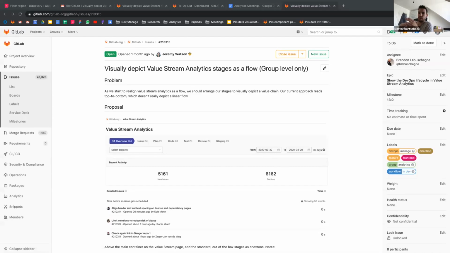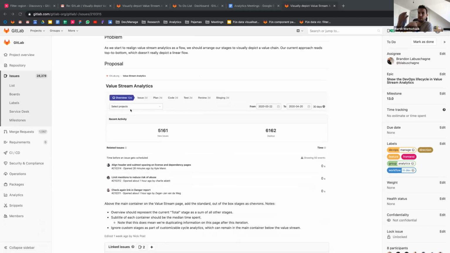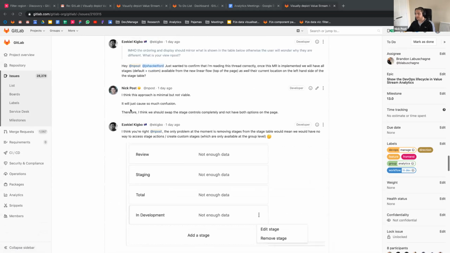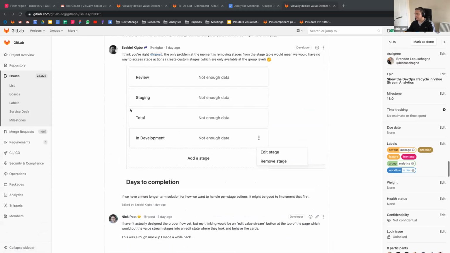I think I can move the item here around the visually depict value stream as a flow up to there, because that's sort of defined as a blocker, I imagine. So I think there are a few asynchronous comments within this issue. Is that about removing the table or the vertical? So, okay. So this is the value stream one, and initially